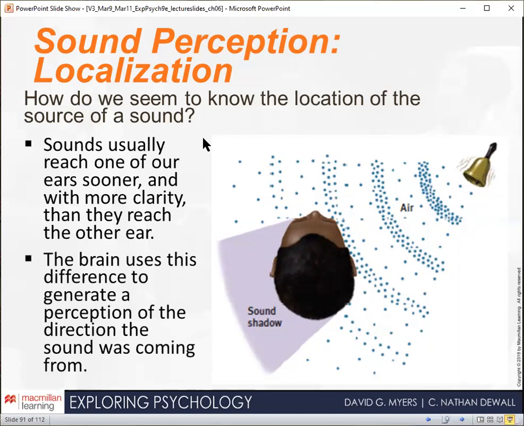So the brain uses this difference to generate a perception of the direction the sound was coming from. So that is one way that is very understandable, and it makes logical sense for us to be able to determine where something is coming from. Okay, so we use this in order to understand locations, particularly of potential dangers. Now, another thing too,